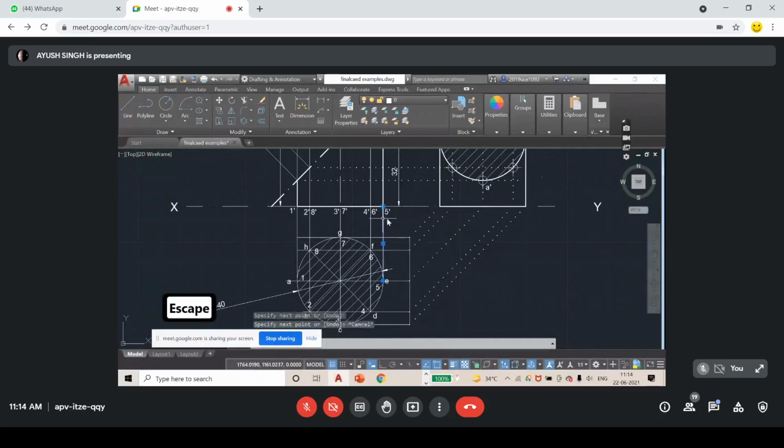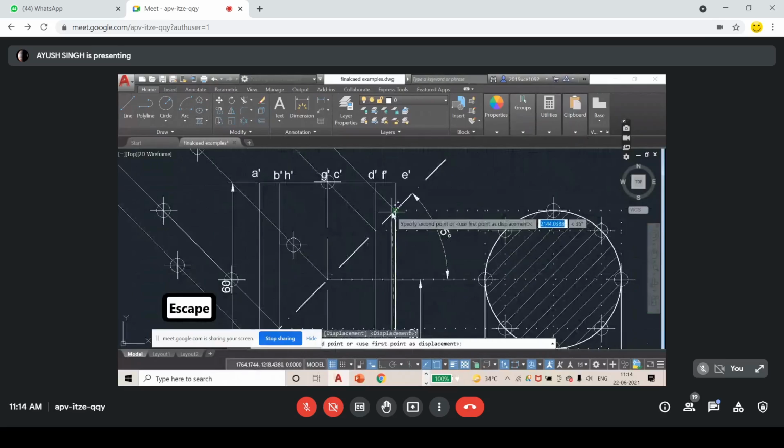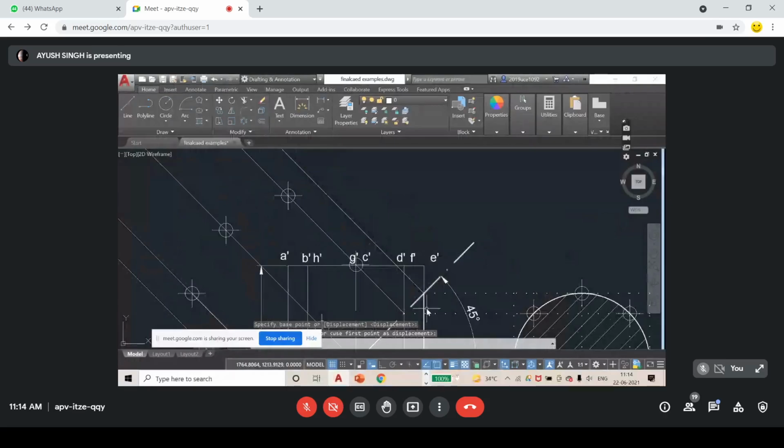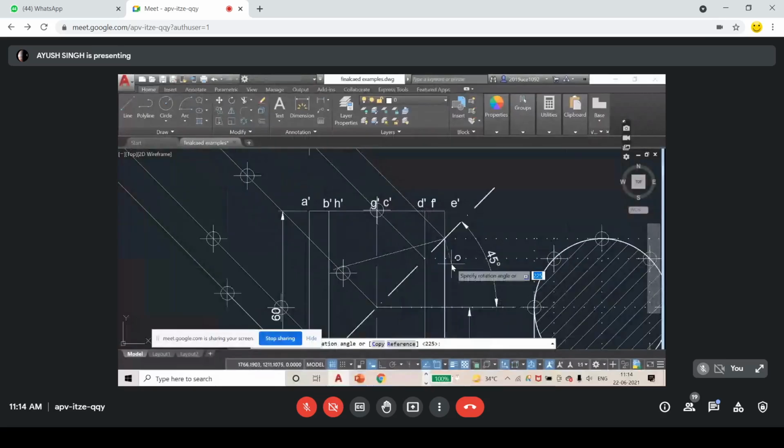Okay, now this is my last point. Just move it here. You should move it on the reference line that you draw here. Please remember that. So rotate it by minus 135 degrees. Okay, and where is my line? Here. I have to mark a point,